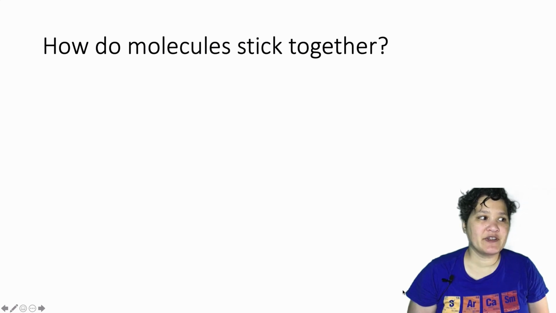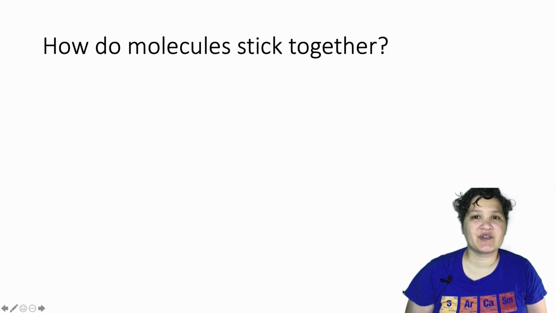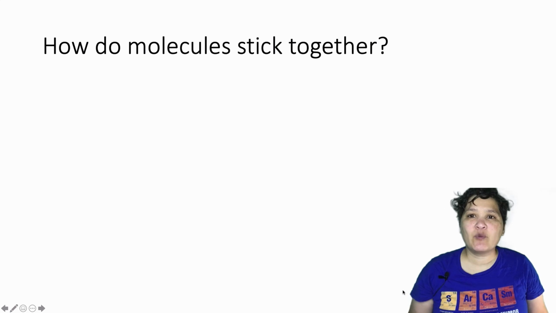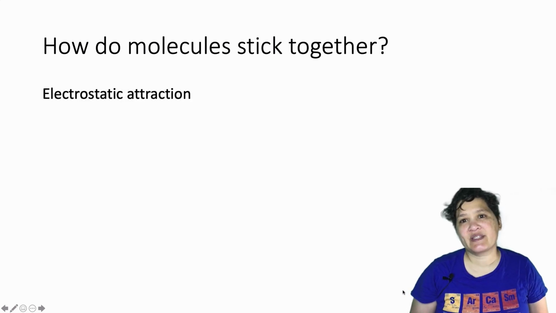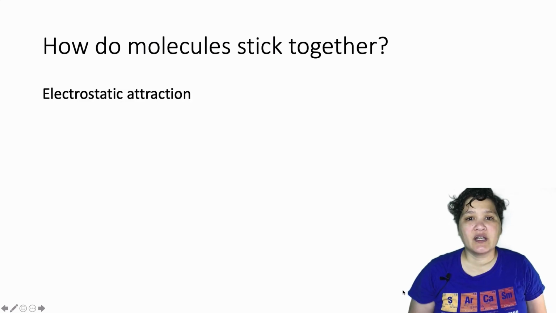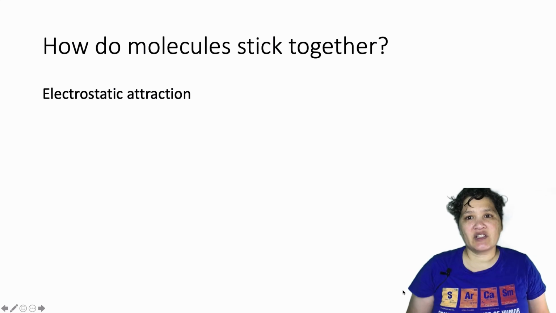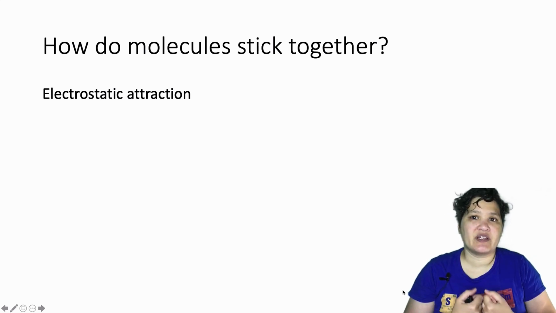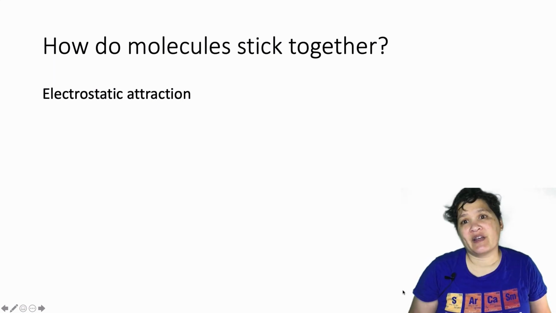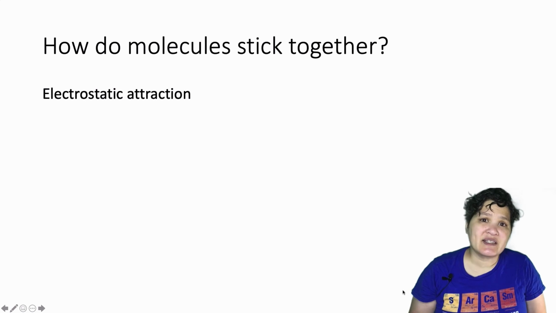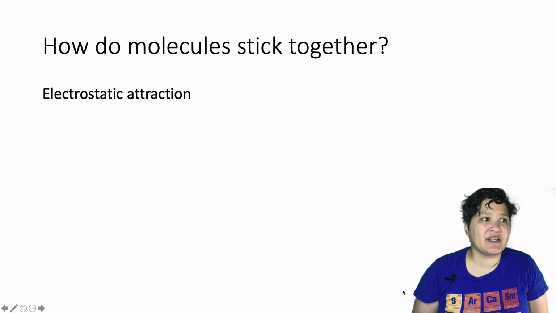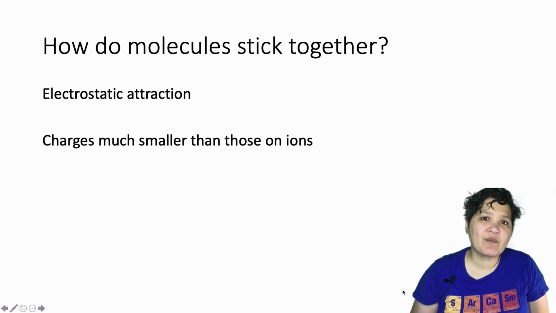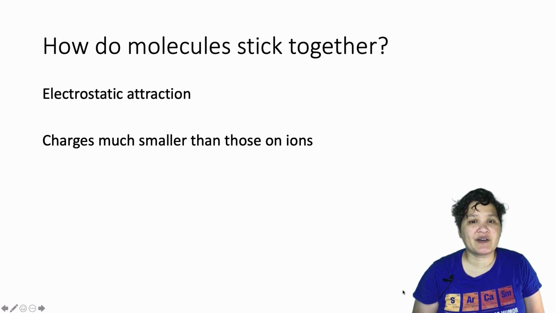Basically, what we're trying to figure out here is how molecules stick together. And what it comes down to is electrostatic attraction. Essentially, when you have things of opposite charges, they attract. We talked about this when we learned about ionic compounds. And that is essentially what's going on here, except that our charges are much smaller than they are on ionic